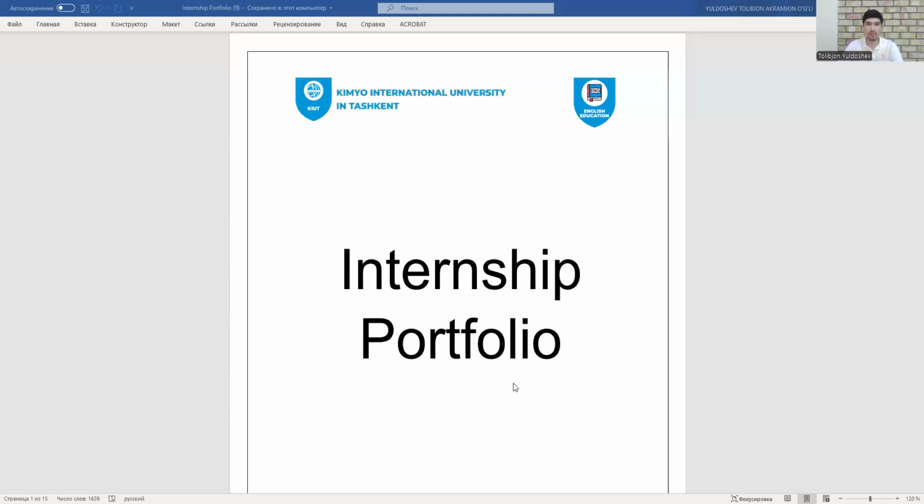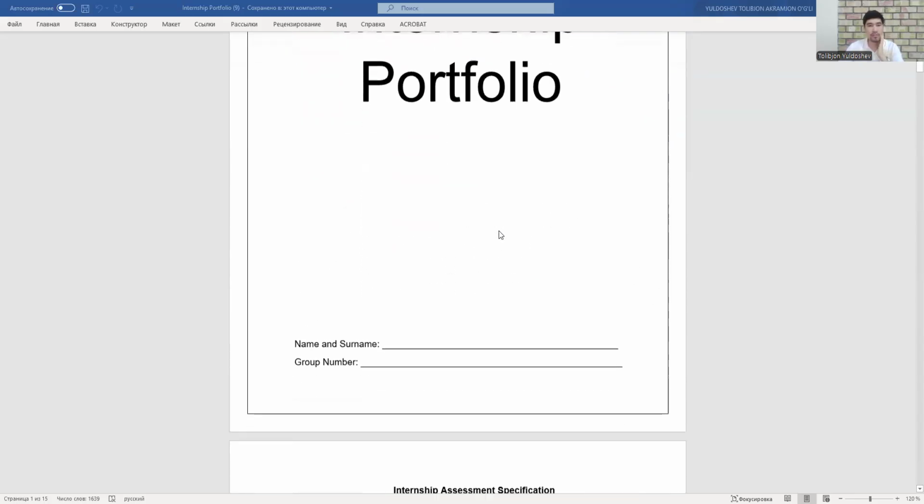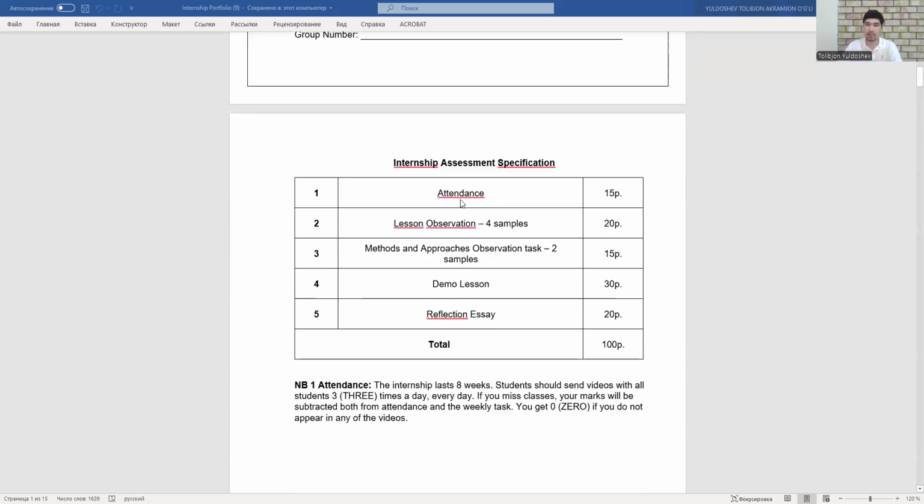Well, here you can see your internship portfolio. Some tasks here need to be handwritten. Some of the tasks can be done digitally. So let me explain everything. First of all, on the cover page, you need to write your full name and surname and your group number, like your second year. And here you can see the